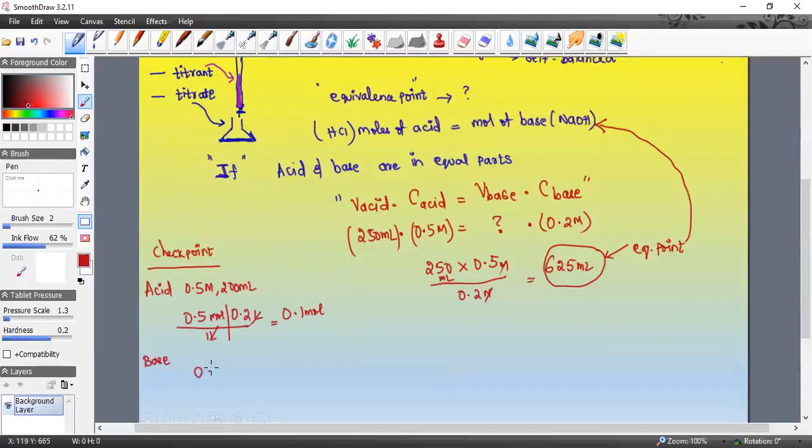We're starting with 0.2 molar of base, so that's 0.2 moles over liter. And then we determined that this would have been 625 mils for base. This is for the sodium hydroxide, right? Because that's what the base is. So that would be 0.625 liters over 1. So it's 0.2 times 0.625. It's about 0.125